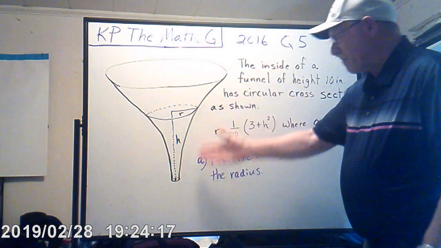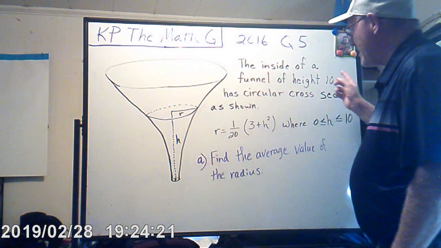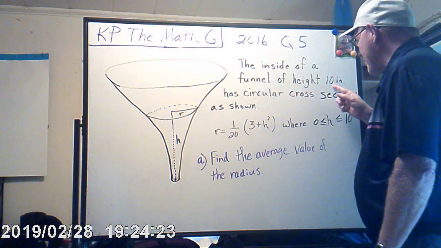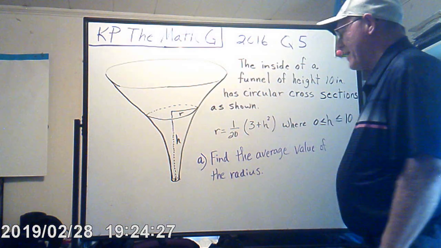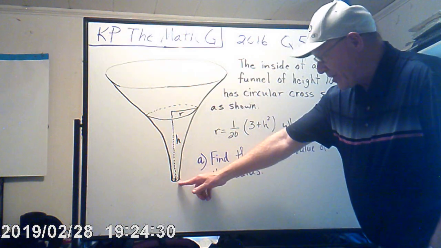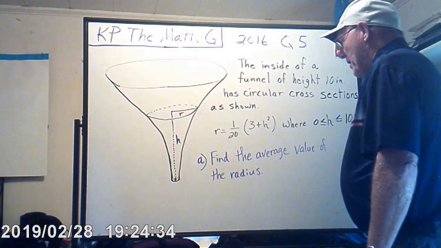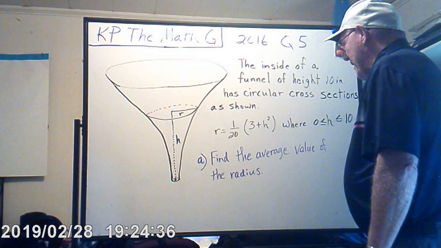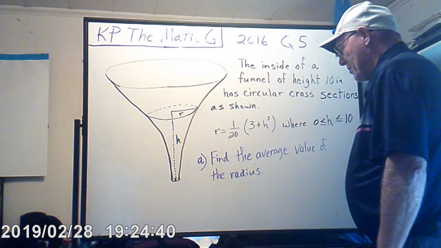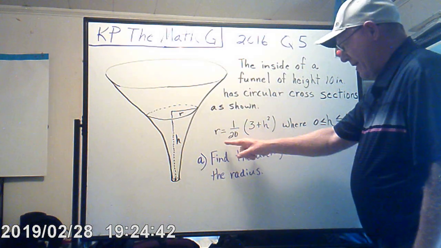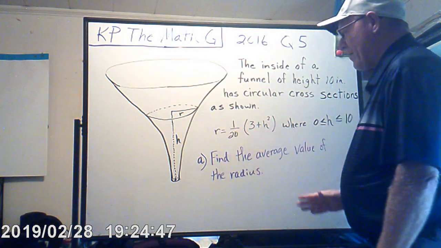It's a funnel, that's what it is. It just says the inside of a funnel of height 10 inches. So we know that the total height is 10 inches, so we're starting from 0 to 10. It has circular cross sections as shown. The radius is given by this, and actually, when you think about it, this